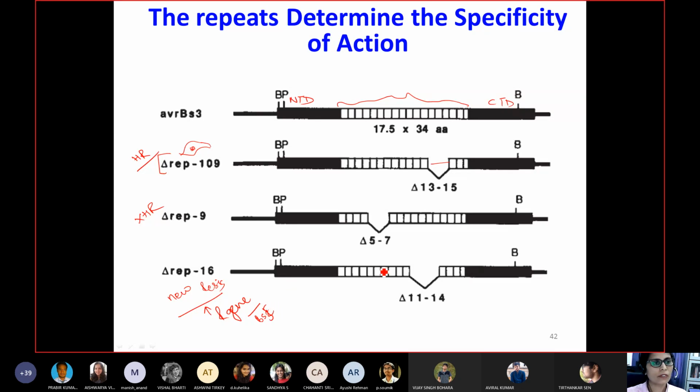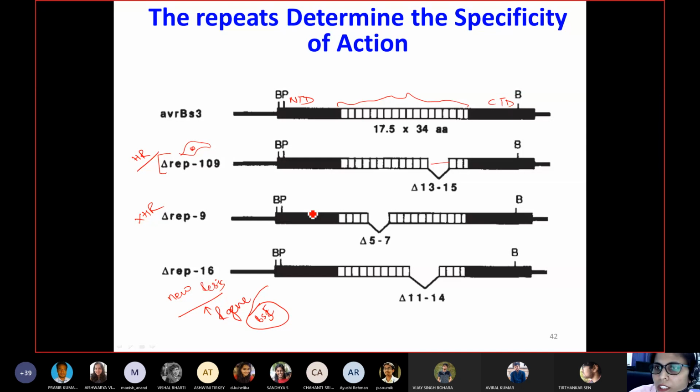One thing you have to remember is that when this was isolated 30 years ago, it was not known whether this is important, what kind of sequences it will recognize, or how it is going to behave. So what you are seeing here is the complete structure of your avirulence gene. What you have seen so far is your repeats. For example, these are the central repeats we have talked about.